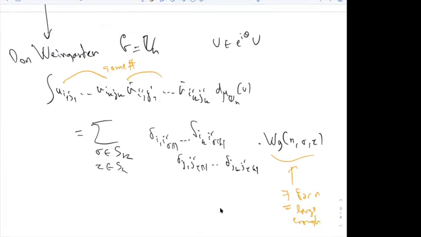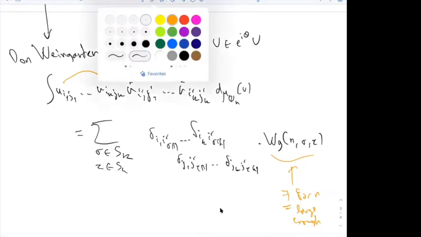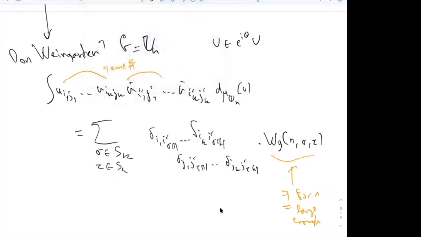By the way, Benoit, do you recall more or less when this original paper by Don Weingarten was published? Like 60s, yes? 70s, 80s? 78. 78? Yeah. I see. 78. I remember it because it's the paper that gave me a job basically. I was trying to understand this paper, and I tried to write down some details and get some formulas and whatever. And so, yeah, I lost lots of hair on this. It's not obvious, but I lost lots of hair on this.